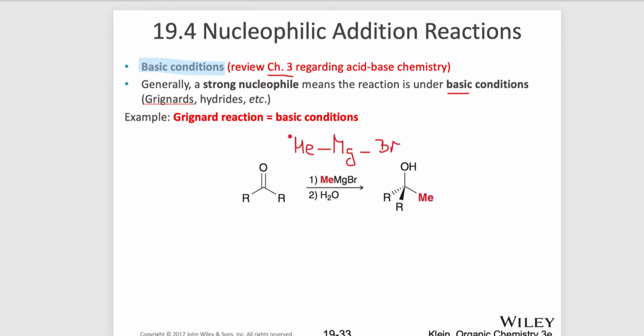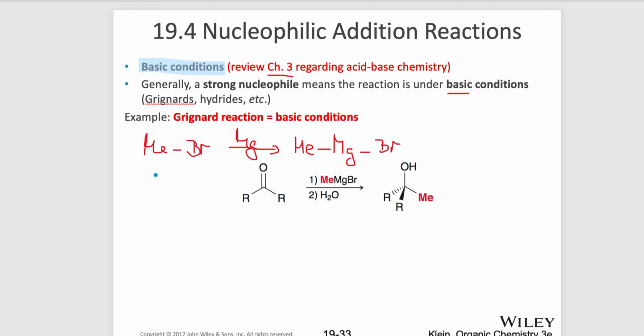This Grignard reagent is actually derived from a halide. So in this case, it would be methyl bromide. And the conditions necessary to make the Grignard reagent would be using magnesium. I'm going to switch colors here. As you know from the many substitution reactions in Orgo 1, when we have an alkyl group and